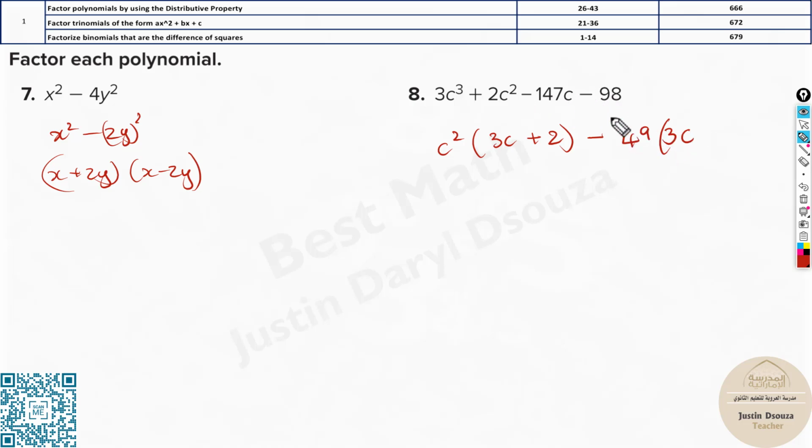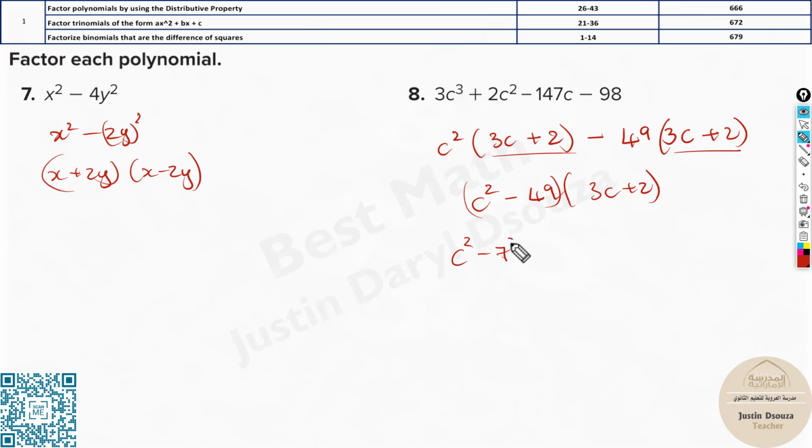Why? Because 147 divided by 49 is 3 and c remains. What about over here? 98 divided by 49 is 2. But the minus sign is also taken out, so it'll be plus 2. These two terms must be equal. Now it'll be c squared minus 49, and we have over here 3c plus 2. You can't split this out, but over here, left side, yes, you can split it further. It's going to be c plus 49. Sorry, what am I doing? You should write over here c squared minus